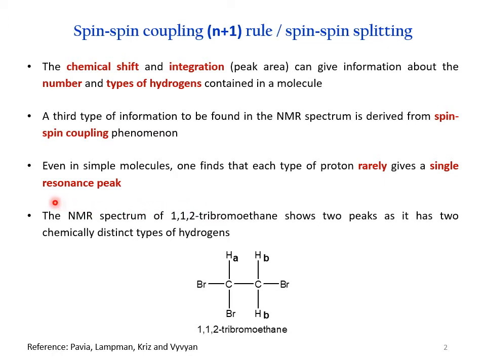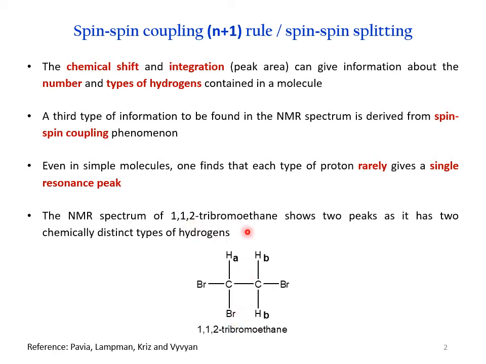I will take the NMR spectrum of 1,1,2-tribromoethane to understand spin-spin coupling. This is 1,1,2-tribromoethane, which gives two signals because it has two chemically non-equivalent protons. One set is of Ha proton and the other is of Hb protons. Since there are two sets of protons in 1,1,2-tribromoethane, we will get two absorption peaks, or two